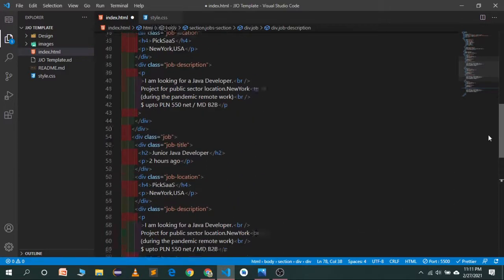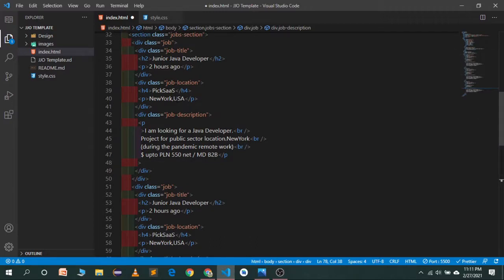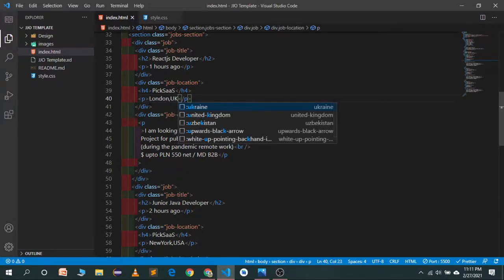The second one will be the same, the Java developer. We'll change the first one to React.js developer, and set it to 1 hour ago. Change the location to London. You can set it to whatever you want, London, UK.